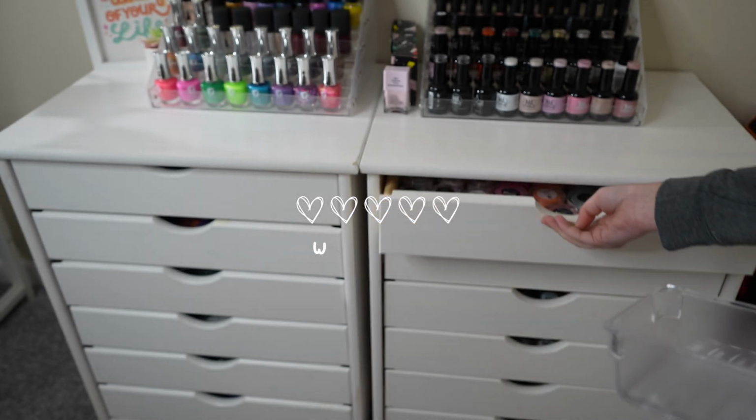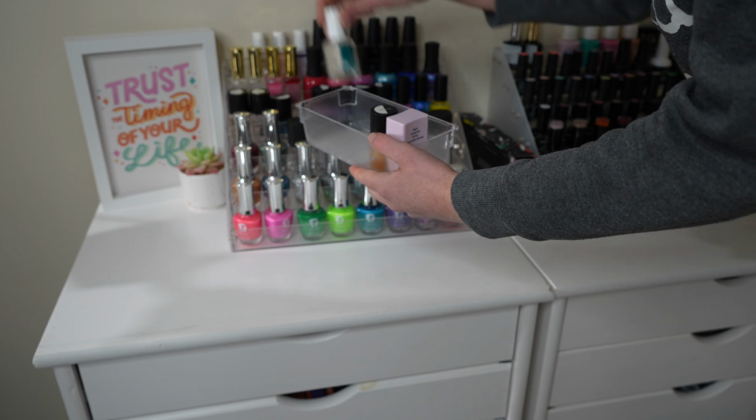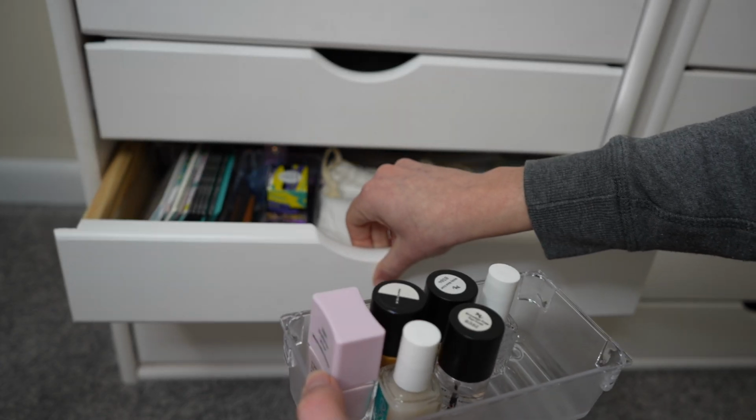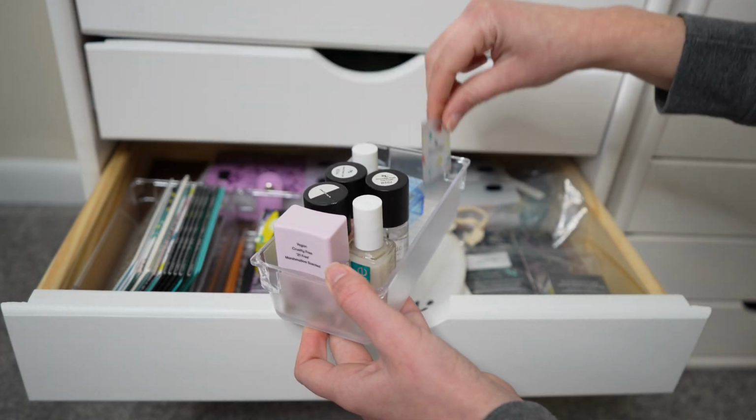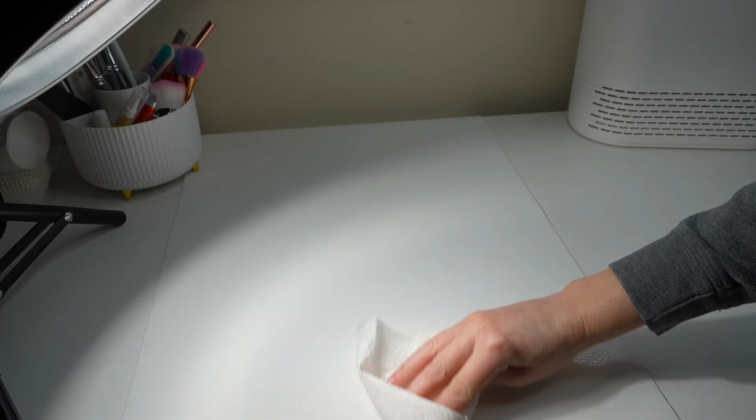Today, we won't be needing anything in here because we're going to be playing with nail polish and stamping. I have an Amazon stamping plate that we're going to put to the test today. It retails for around $2 a piece, so I'm just gathering all of my supplies. I'm going to show y'all from prep to end and how long it was able to wear, so let's get